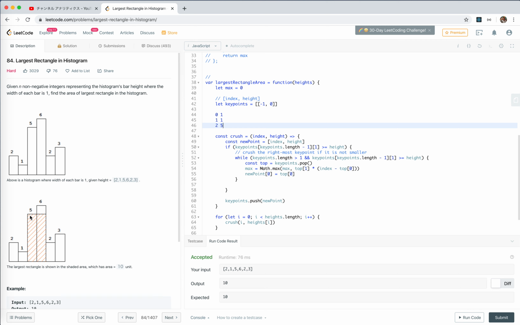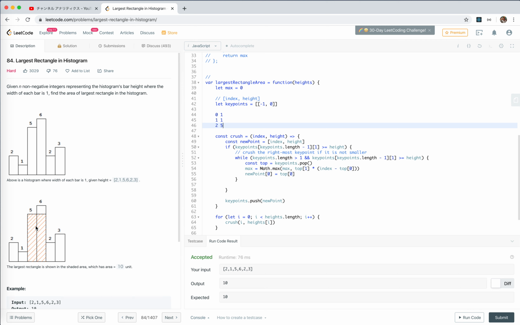How can I interpret this? Let's say you get a 2. If it's bigger than 5, then it will just be an insert of a new one, so it will not be checked again if something is bigger than it. If it's smaller, then it will be a removal, right? Even if it's the same as 5, it will be removed and replaced with a new key point, which just happens to be 5 itself, and the original bar is 2, right? Yeah, this 5 will be removed,